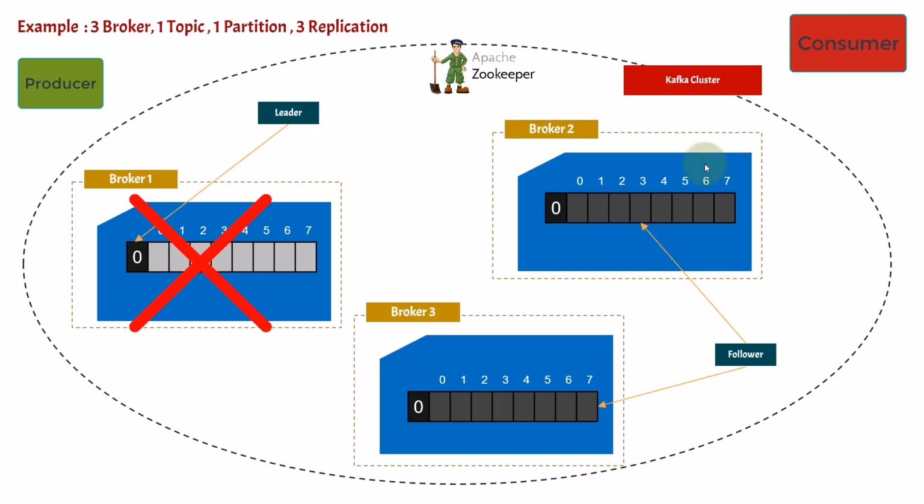So I think you have understood what replication is and why it is needed. Replication is needed because you need to make your system fault tolerant, and your system should have the capability to work even though one or more nodes are failing. So I think you have understood this.